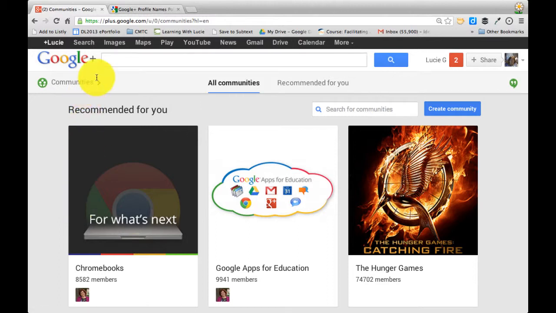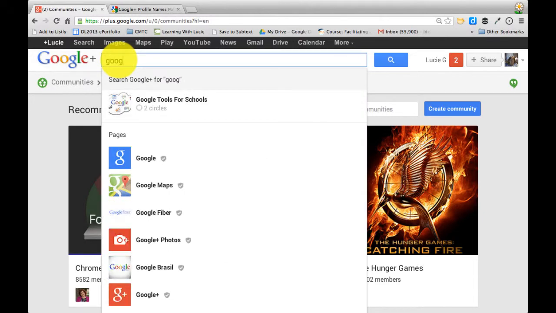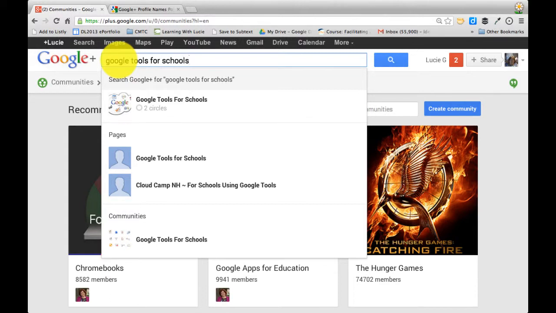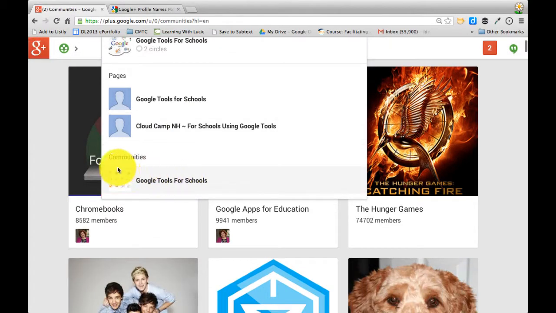There are lots of communities that you can join. I'm going to have you type in Google Tools for Schools. And notice that there's the Google Tools for Schools page. There are 2 other pages that have similar names. And then there's the Communities page. Our Communities page for this class or this project is a square that has lots of Google tools in the middle of it. I'm going to click on Communities,